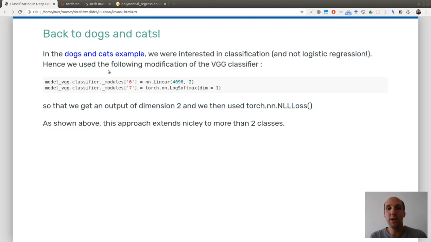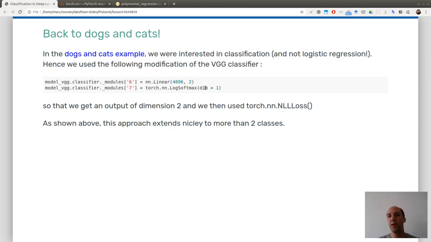So again, we already did that at the very first lesson, because we computed the features corresponding to images of cats and dogs. Then we pass it through a linear layer. The original size of the feature was 4096. I want to do binary classification here, so I'm outputting a probability for being a cat, a probability for being a dog. This is not a probability, this is a real number, so I'm passing it through a log softmax.